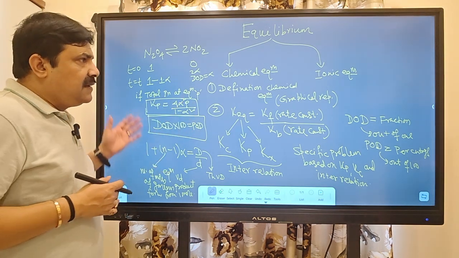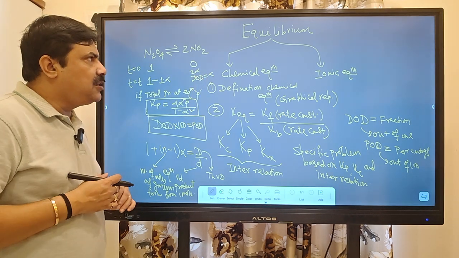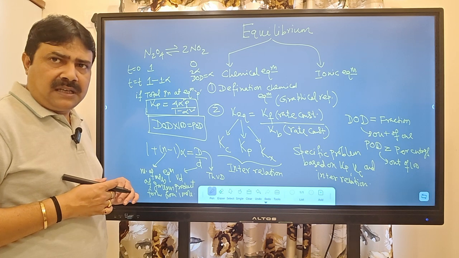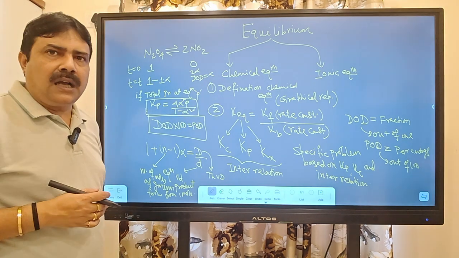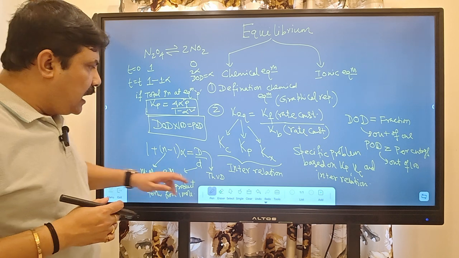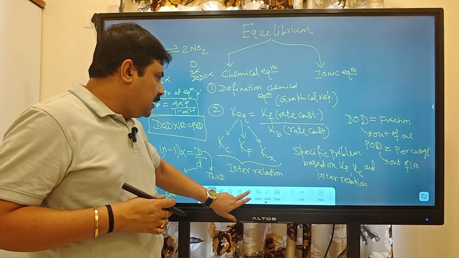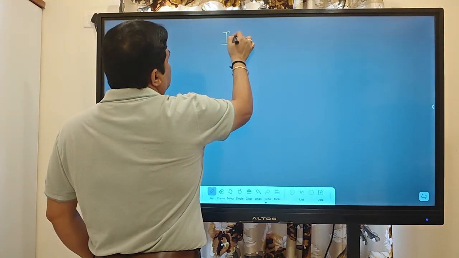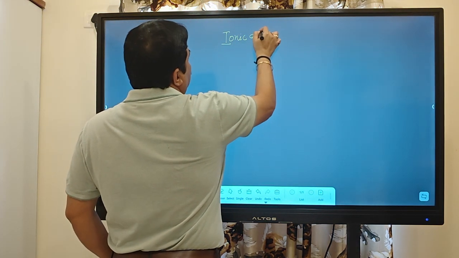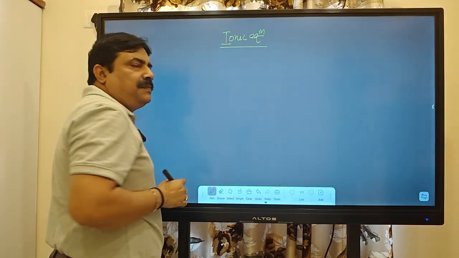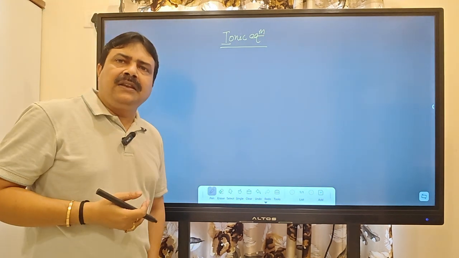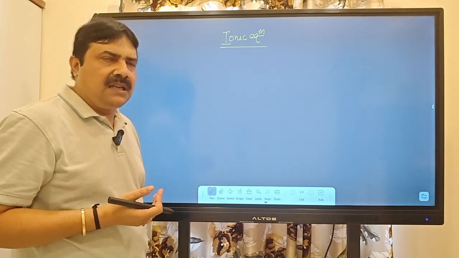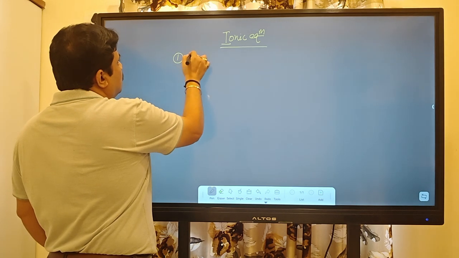These are the important points as far as chemical equilibrium is concerned, and it is a numerical based problem. You need to solve a lot of problems based on these. Yes or no? Then let us focus on ionic equilibrium. In ionic equilibrium, first we need to know the basic idea. Equilibrium exists between molecule and ion, but in chemical equilibrium, reactant is also molecule, product is also molecule, and equilibrium is present between them. First you will go for Ostwald's